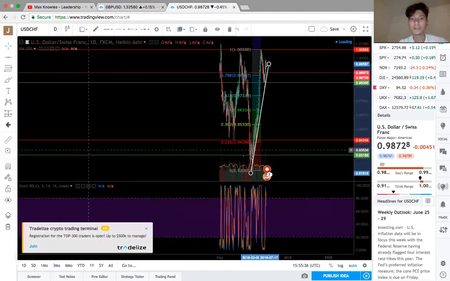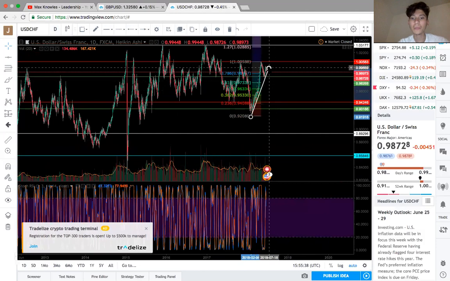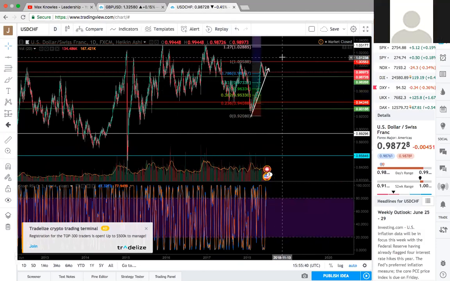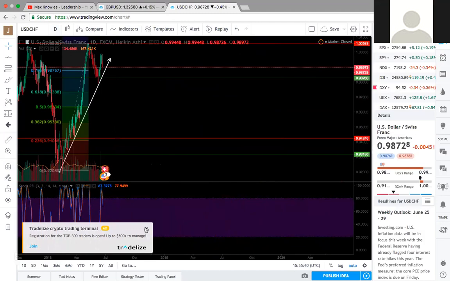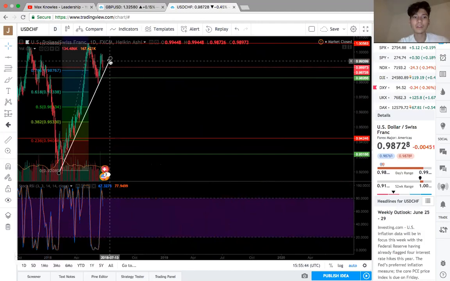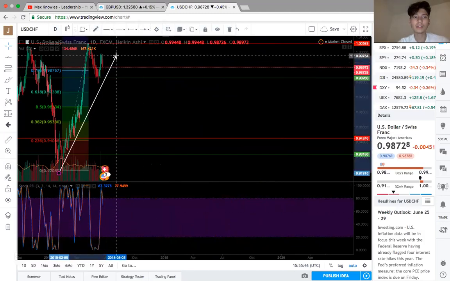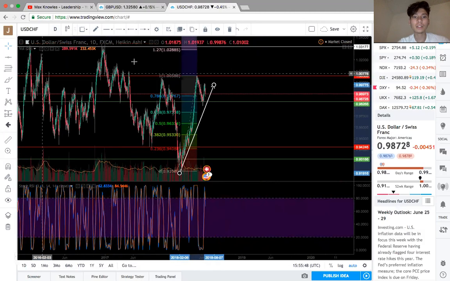But if I were to, if we look at the stochastic, what is it telling us? Price is about to shift downward, right? So it just depends on how much further down it's gonna go. Now, if I were to set a TP, I would actually have it be on this weekly right here, because that's where our 127% is. So this would be our take profit. So all the way like